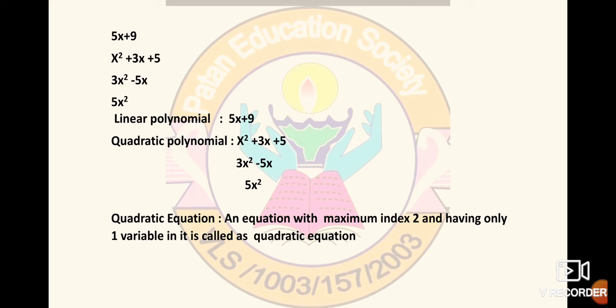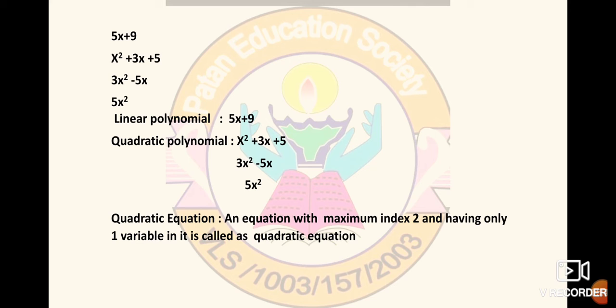Now see quadratic polynomial, and the next point is quadratic equation. Now you may be in confusion, or you may be in a thinking process. Now what is this quadratic polynomial and what is quadratic equation? Is there any difference between quadratic polynomial and quadratic equation? The answer to all these questions is no. There is no difference between quadratic polynomial and quadratic equation. Quadratic polynomial is nothing but a quadratic equation, and quadratic equation is nothing but a quadratic polynomial. Means quadratic equation and quadratic polynomial are two sides of the same coin.